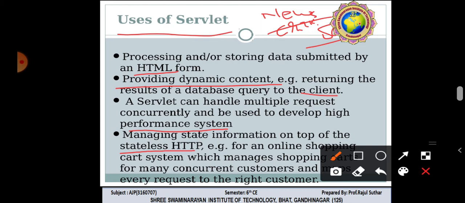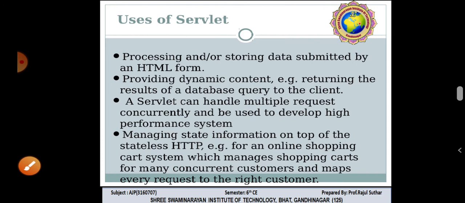For example, an online shopping cart system manages the shopping cart for many concurrent customers and maps every request to the right customer. That is called concurrent, while the underlying information is stateless.